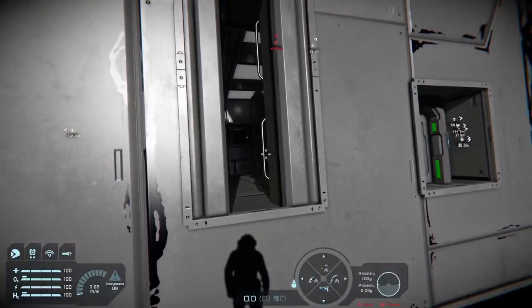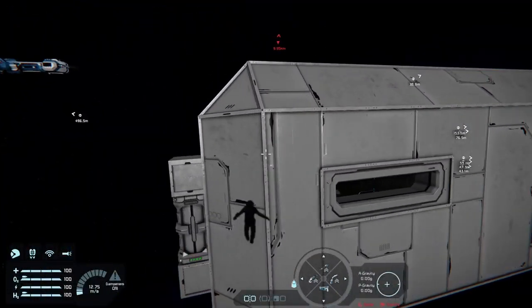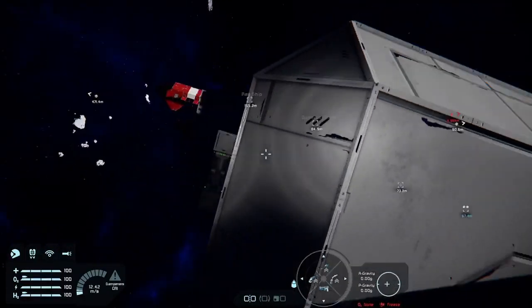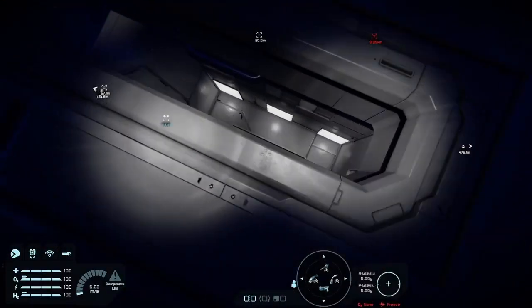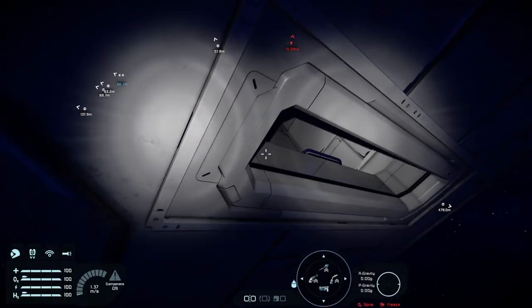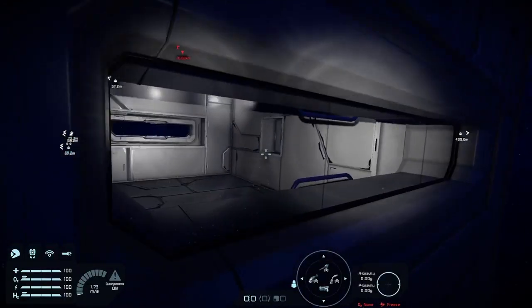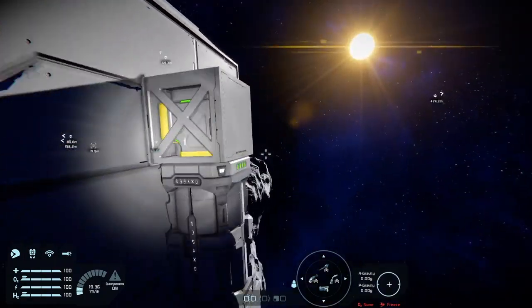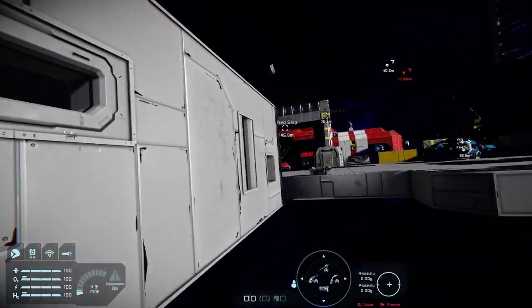You see, inside there's pressurized, and inside here, probably just about to see it, should be pressurized as well. Yeah, just that green light. So now, we don't want to open this door yet.